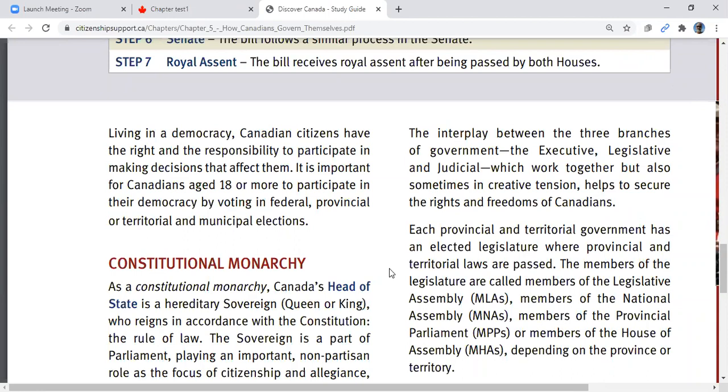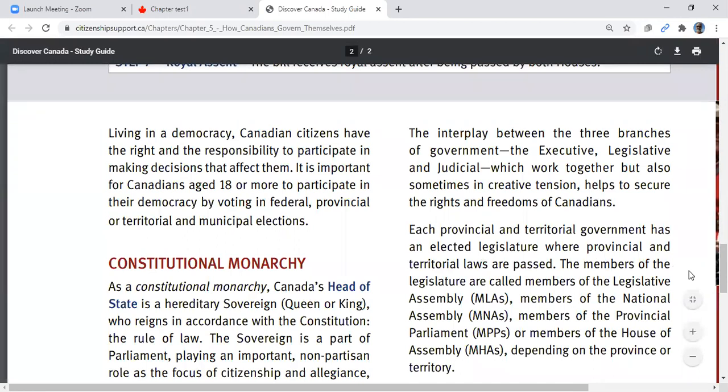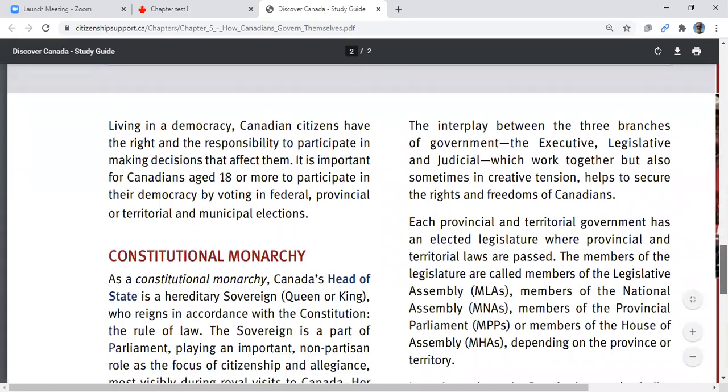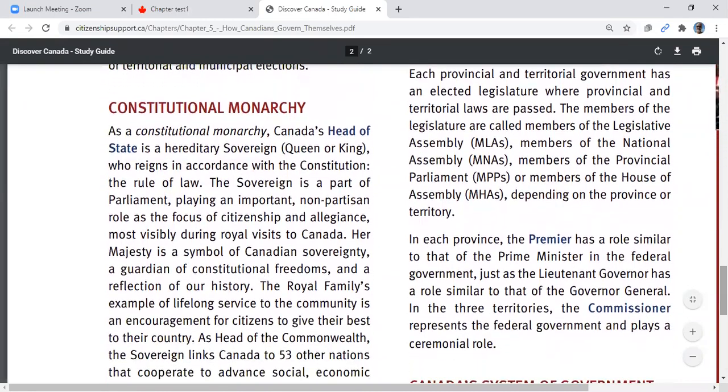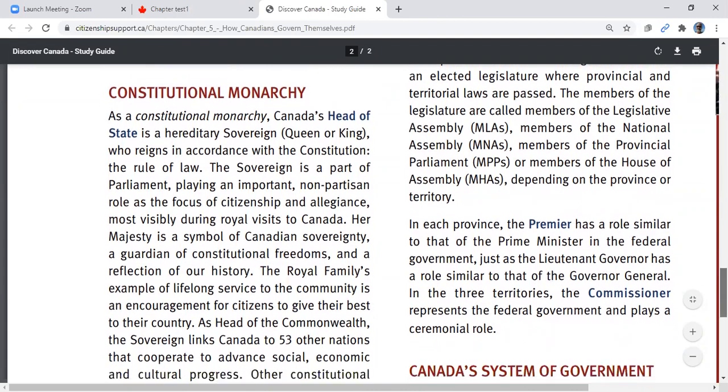Very good. Okay, now the next one is talking about, we talked about Canada being 3 things. We said it was a federal state, a parliamentary democracy, and a constitutional monarchy. Those are the 3 things. Now let's talk about this constitutional monarchy. I'm going to get Diala to read this one, and then I'm going to get Ghazala to read the next two, and then Zaniba to read the next one. So could you read this one, please, Diala?